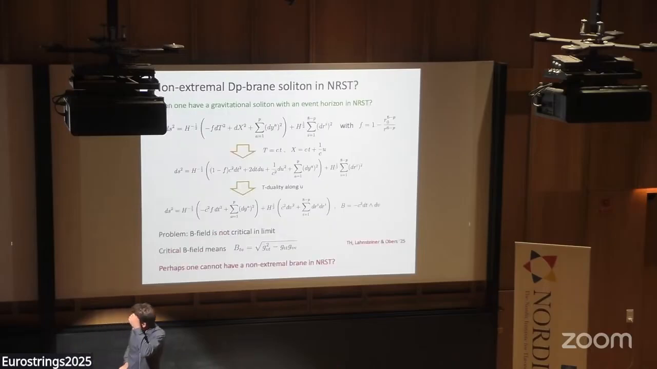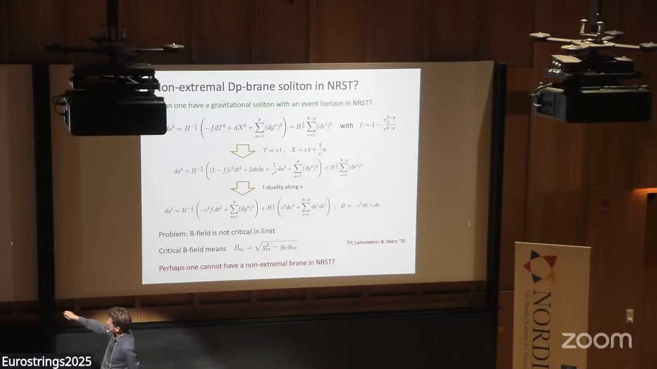But you can also play other games with this solution. You could try to think of what happens if you put a temperature, right? So you can put this blackening function inside the Dp brane. So you modify the solution with this f function, and then see what happens. I forgot if it is in the transverse part, but it doesn't really matter for what I'm going to say. So if you go through the same thing, then you see that after the T-duality, you